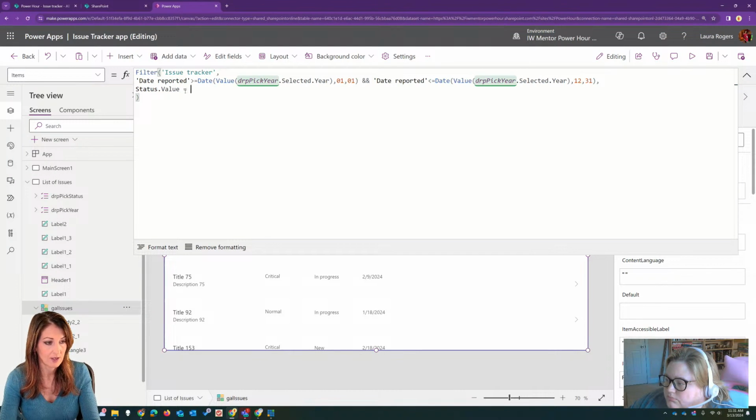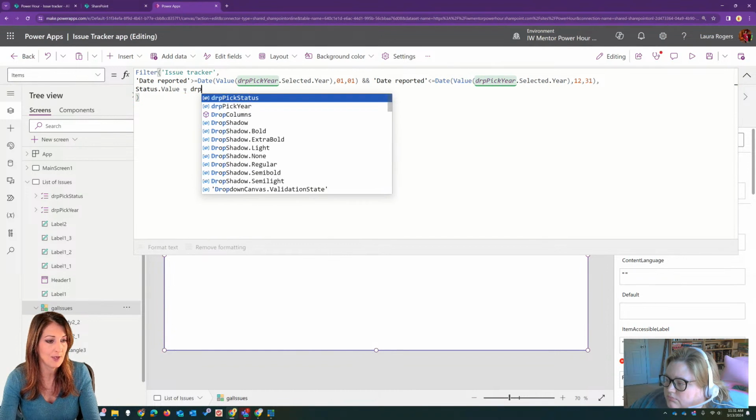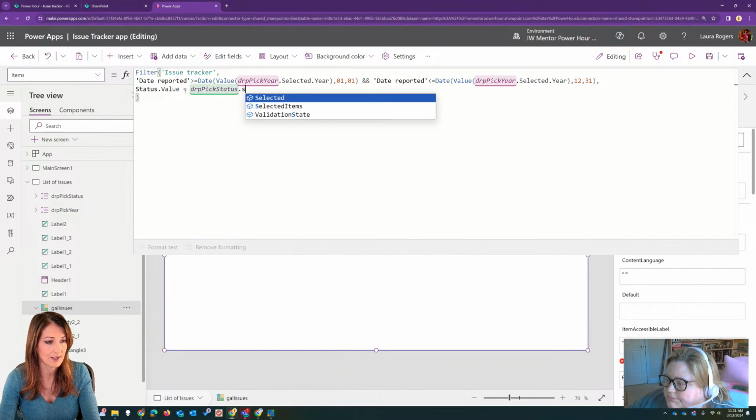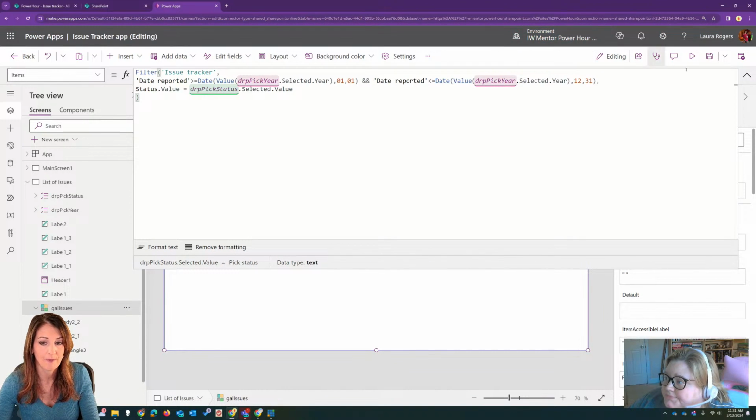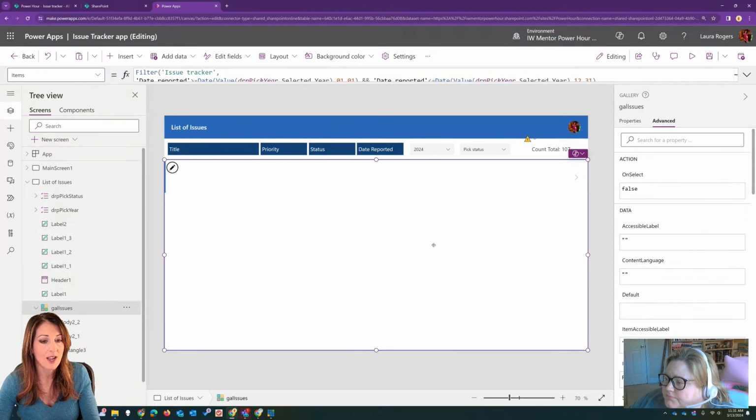equals, and then I'm going to put the name of the dropdown, grp pick status dot selected, whatever I selected, dot value. Okay, oh, I don't need another. There we go. So now I've got, since I don't have any statuses that are the default, notice it says